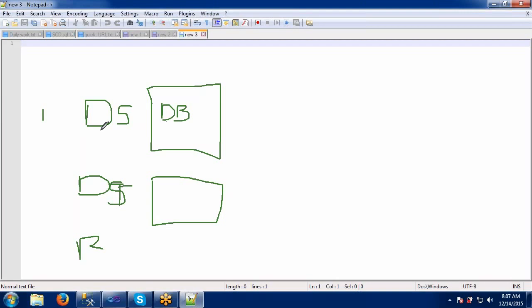Okay, in this data set we are just connecting to the database. This is the data source, this is the data set. Actually, in the data source we are saying what is the database to which we are connecting. All those things will be specified in this data source. Coming to the data set, we are specifying the table names actually. T1, T2.